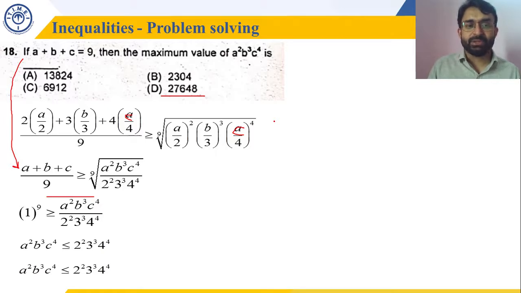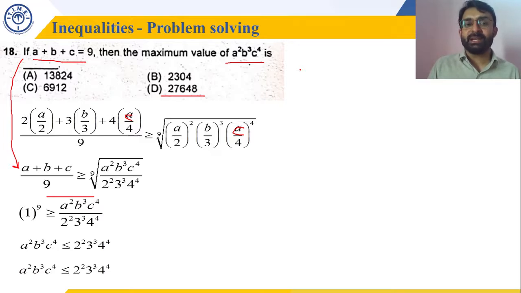We can easily use AM is greater than equal to GM in this question. Arithmetic mean is greater than equal to geometric mean. We have to keep it in mind. We have to turn our given expression in the form of the expression of which I want to calculate maximum or minimum value. This is the last question which we discussed in the last class. Similar kind of a question. Here we are using the same concept in this question. Am I right? I hope this is making sense. Fine. So a square b cube c raised to power 4 is less than equal to 27648. Answer choice is D, Delhi.